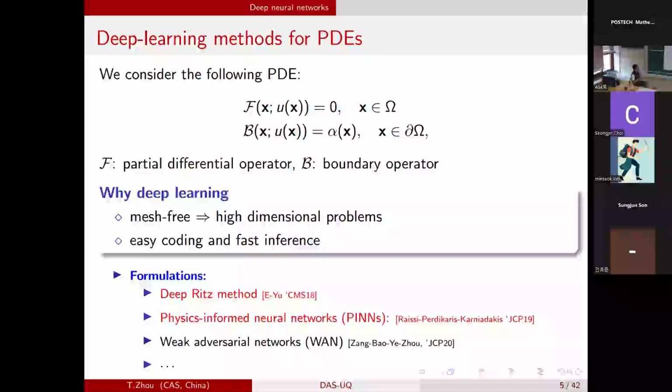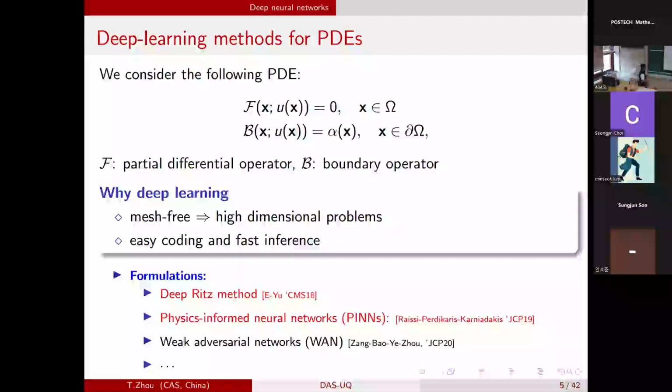The other one is that, based on PyTorch and TensorFlow, the coding part is very easy, very friendly to our students and master students. Normally, when you solve a PDE, you only need a few lines of code, so it's very easy to get started. So these are the two main reasons for using neural network functions to solve this PDE.